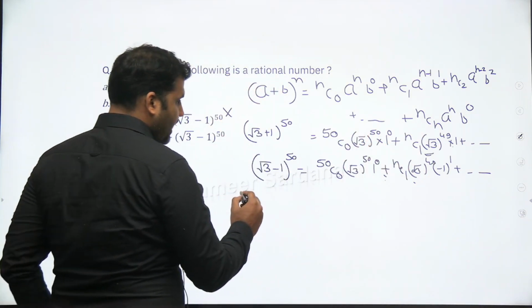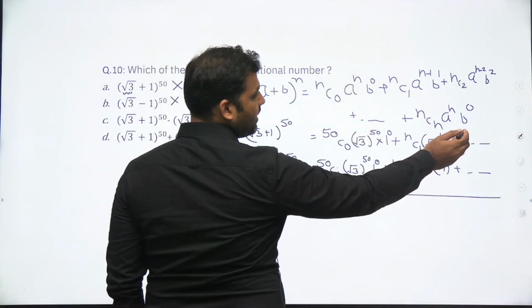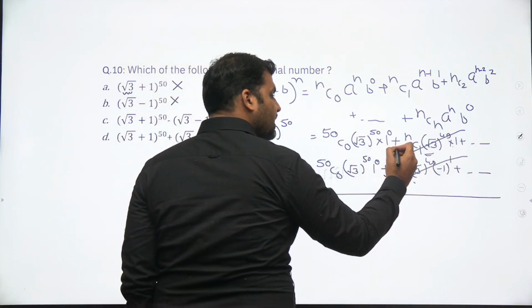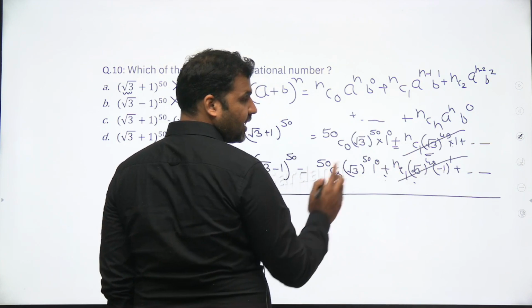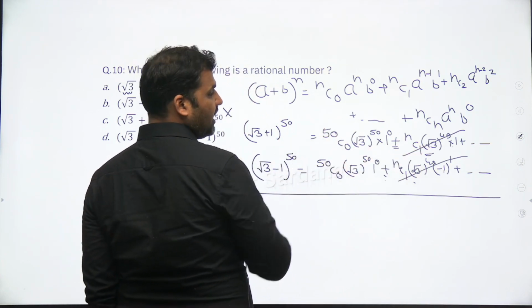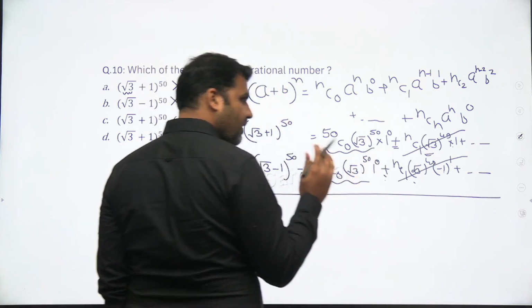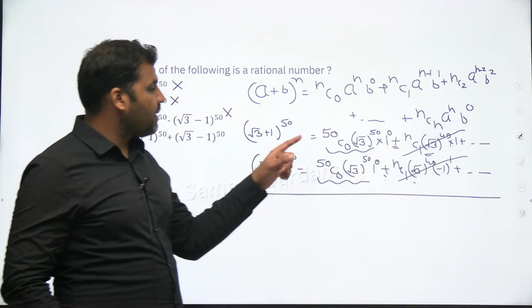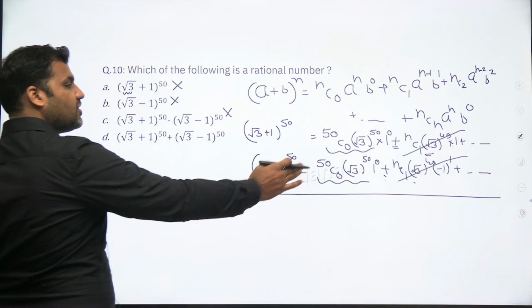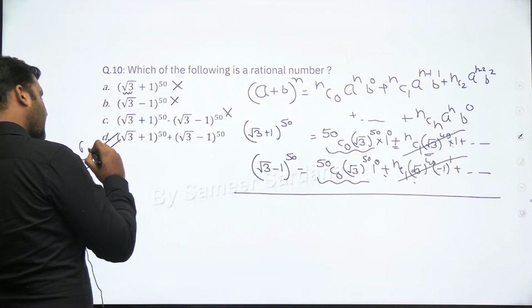But अगर मैं दोनों को add करता हूँ बच्चों, if I add all these values, then you see that addition करने पे ये term पूरा का पूरा इसके साथ cancel हो जाएगा. Because we have a plus sign here और यहाँ पे हमारे पास -1 sign आएगा, plus और minus दोनों cancel हो जाएंगे, and what you will be left with only those terms, जिसमें root 3 का power even होगा. Now square root का power अगर even है तो ultimately cancel होके rational बनेगा. So all these terms of this expression would be rational, hence D would be the correct answer of the question,